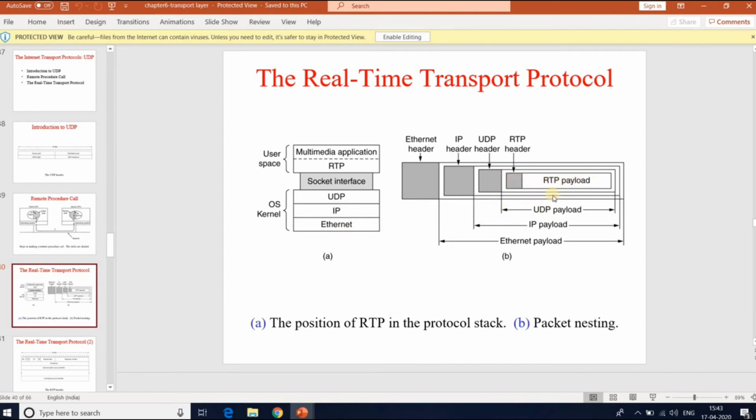The RTP payload is in the RTP header format, the UDP payload in the UDP header, the IP payload in the IP header, and the Ethernet payload in the Ethernet header. RTP has no flow control, no error control, no acknowledgements, and no mechanism to request a retransmission.